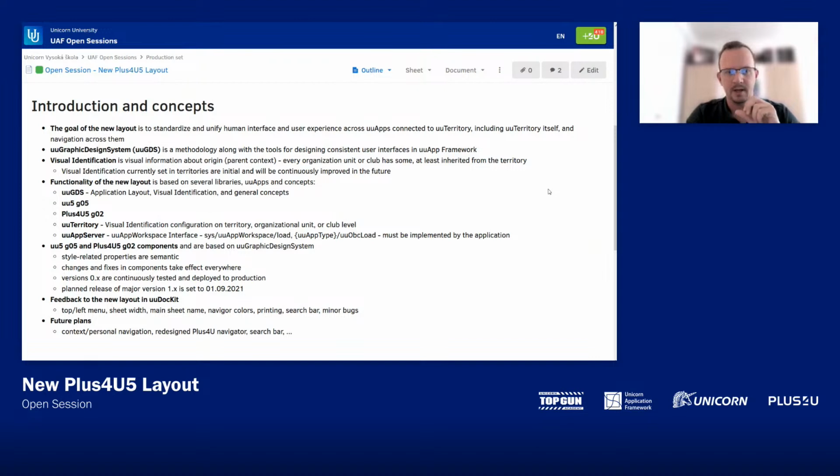Also, I would like to mention that the Unicorn graphic design system is, let's say, the methodology, but its implementation, its realization is basically done through the new generation of the U5 library. And the whole layout which we are presenting then belongs to the Plus4U5 Generation 2 libraries. So these are the basic libraries and elements which create this